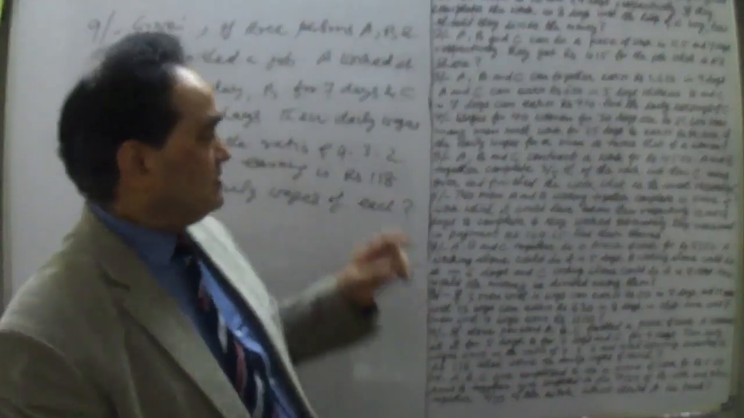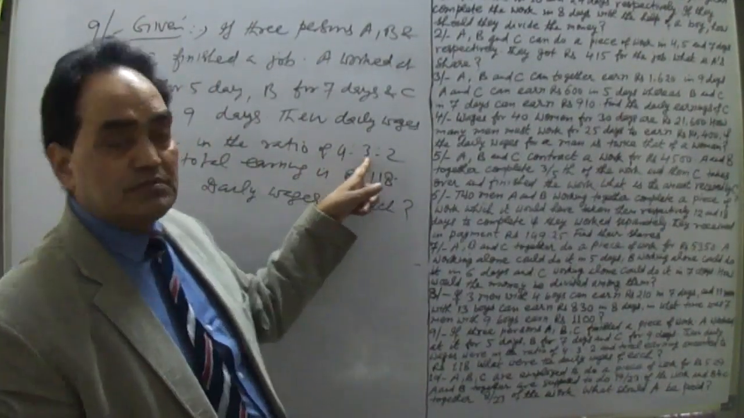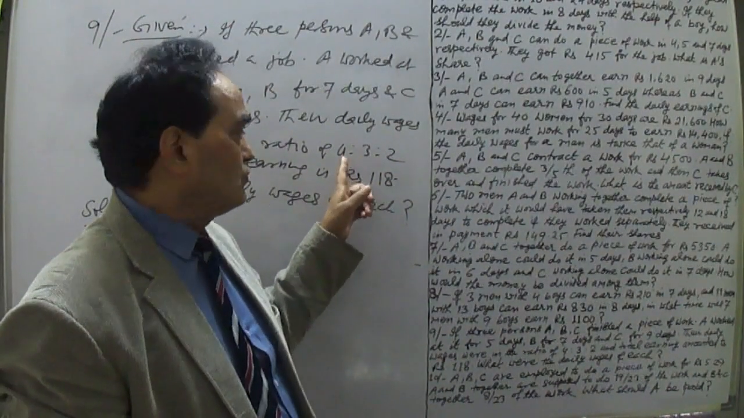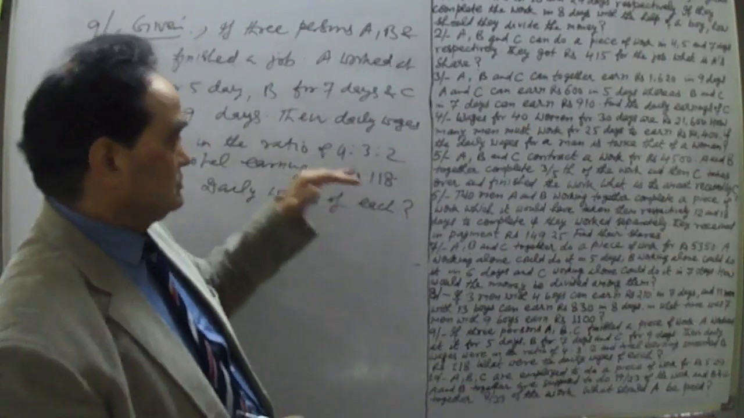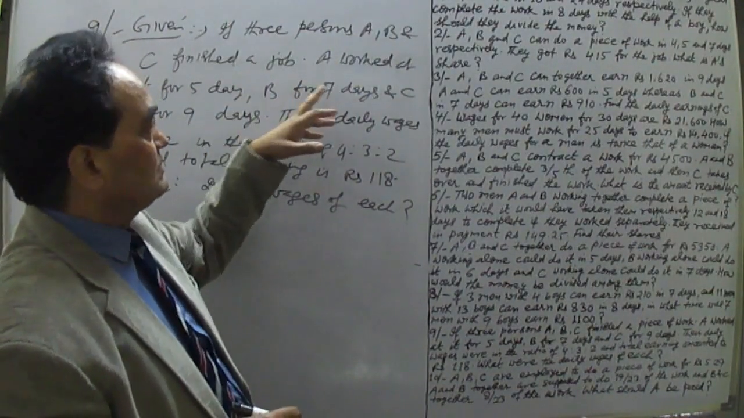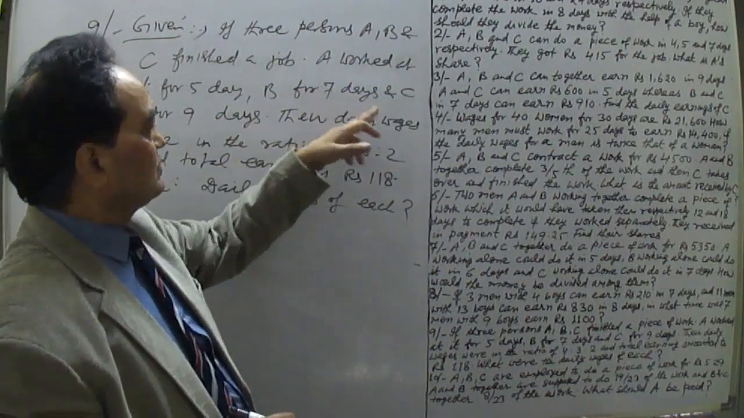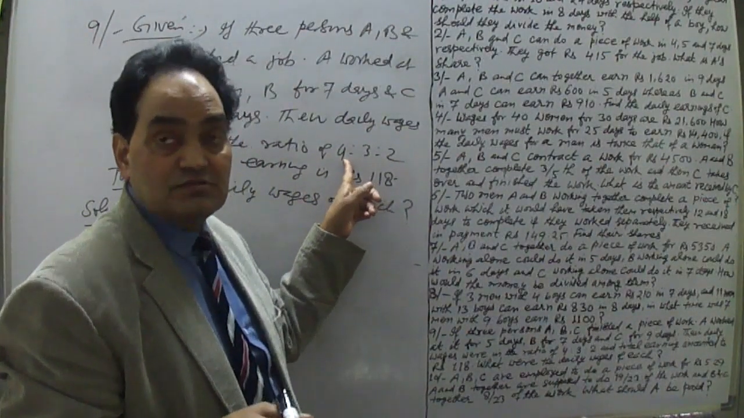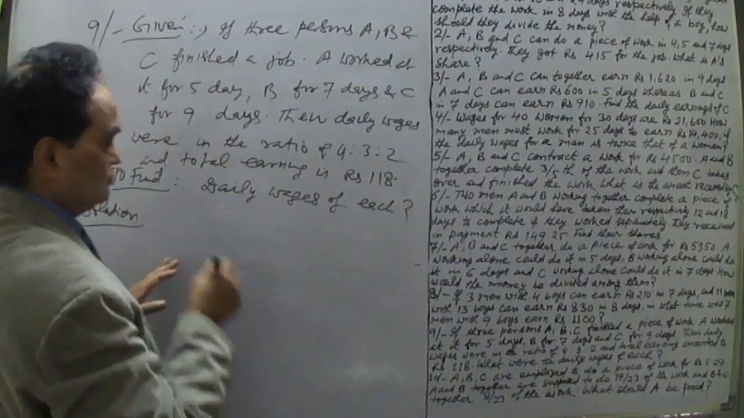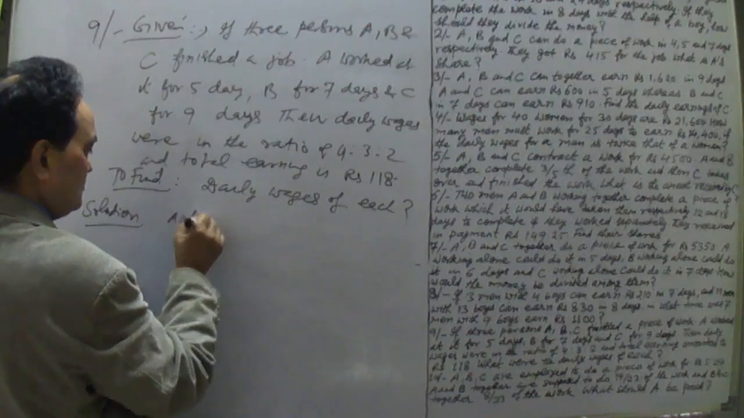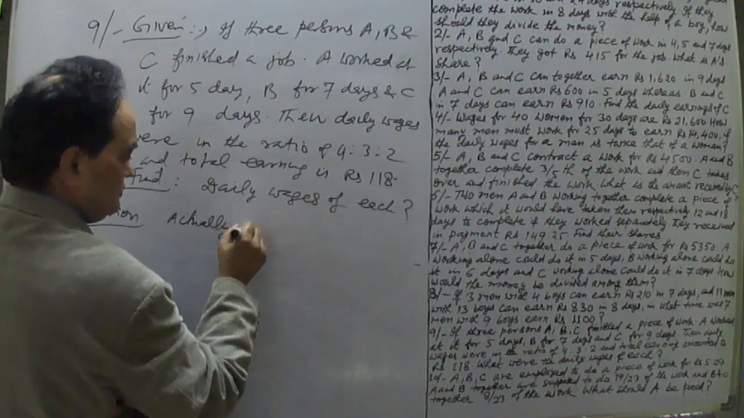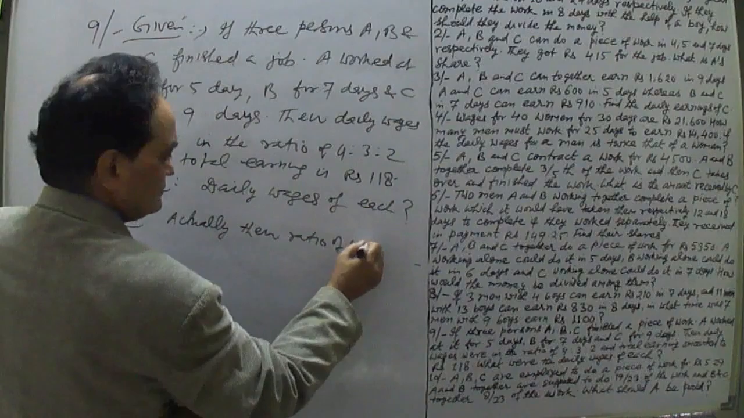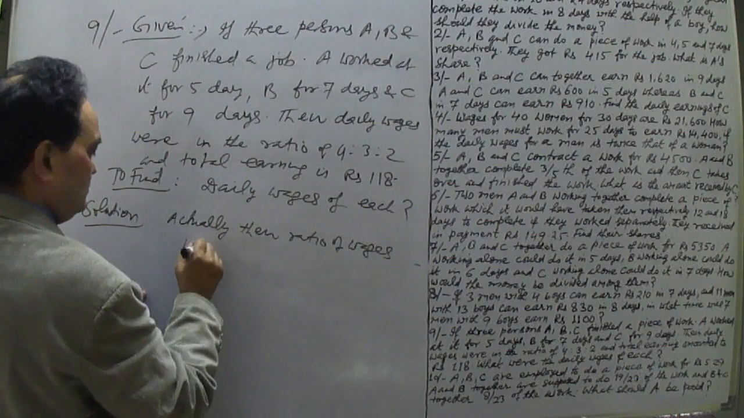First of all, their daily wages are in the ratio 4 is to 3 is to 2, but individually they have worked for 5 days, for 7 days, for 9 days. We have to multiply this ratio of the daily wages by these number of days. So actually their ratio of wages will be